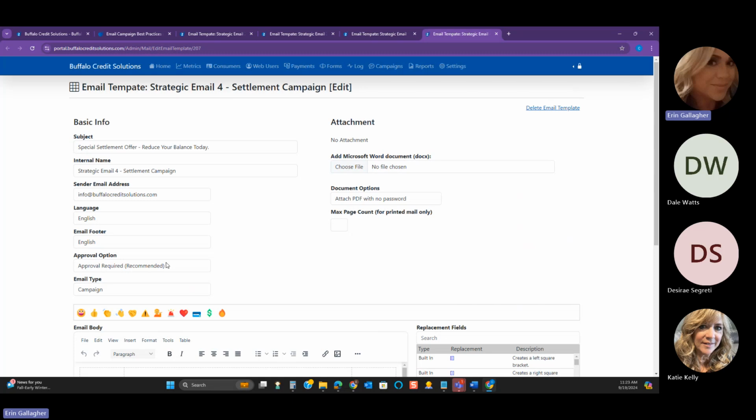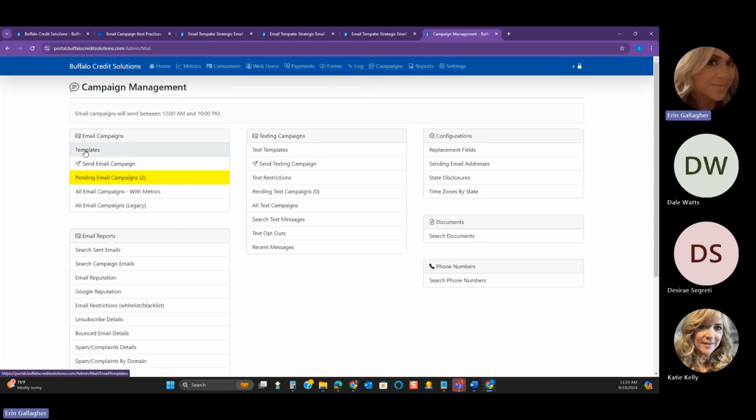Settlement offers should be framed in a helpful and cooperative tone. This is a more empathetic template. So maybe "special settlement offer, reduce your balance today" is something that I'm not sure I want to include. I don't know. So I am going to save this as template A, and then I am going to create